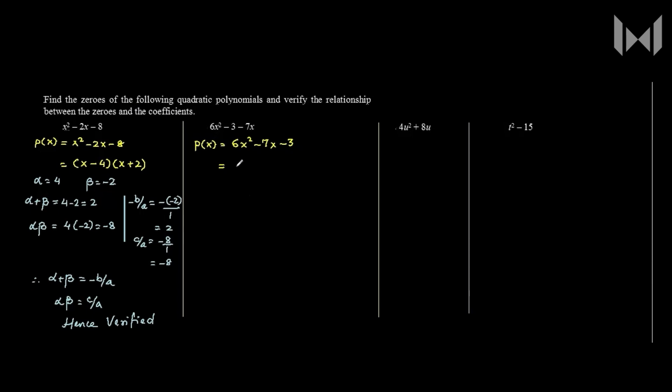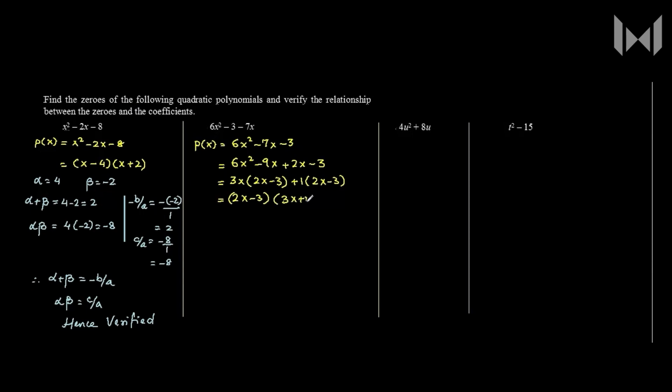So we have minus 9 and 2, so 6x square minus 9x plus 2x minus 3. You get 3x common, (2x minus 3) plus 1 common, (2x minus 3), and that is equal to (2x minus 3)